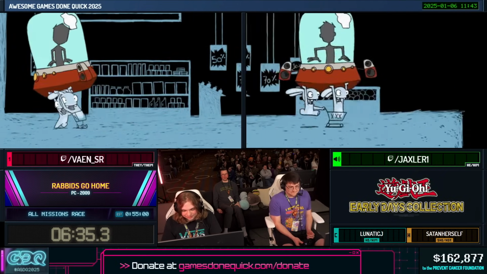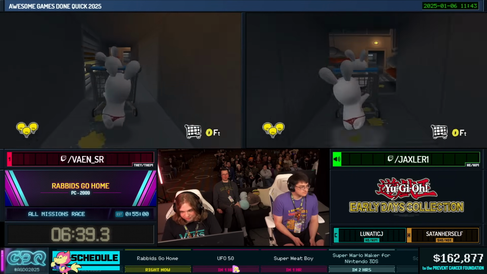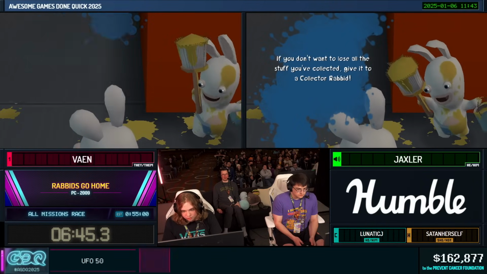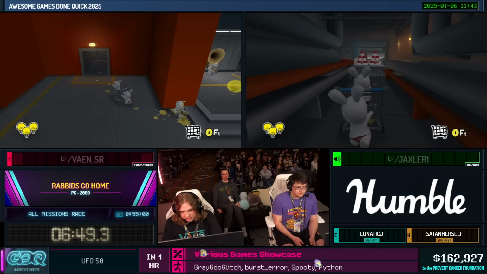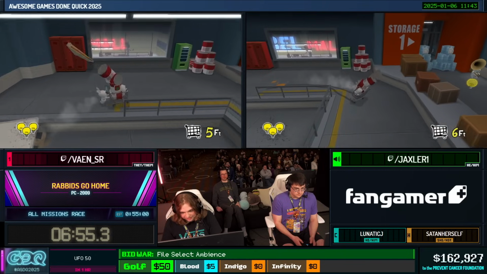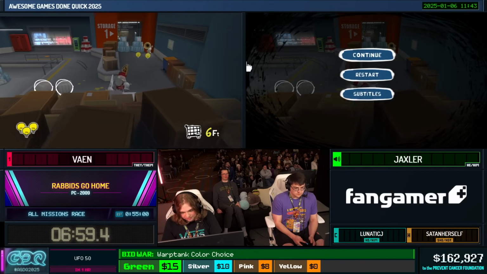So into the next level, Shop Till You Drop. This level is built in an interesting way where this first upcoming area is right above the end level trigger, and in all these levels, the end level trigger is always present. There's no real clear condition other than just hitting the end wall. So we're going to use that to our advantage here. I'm going to go past these cans here. I think Jaxler's slightly ahead of me by half a second, but you're going to see here, we're going to push up against this gate here,